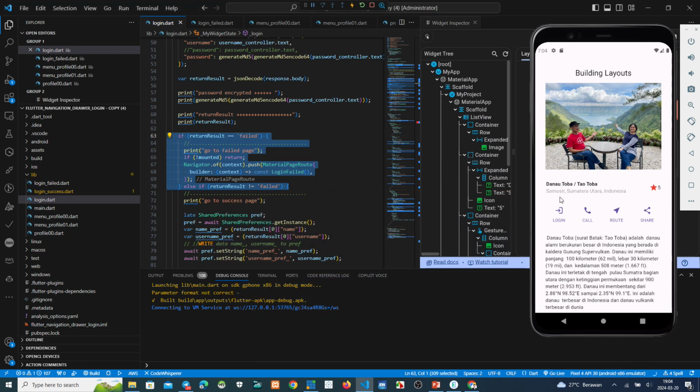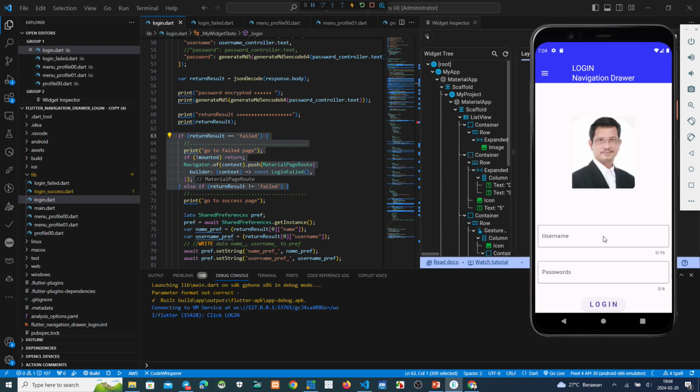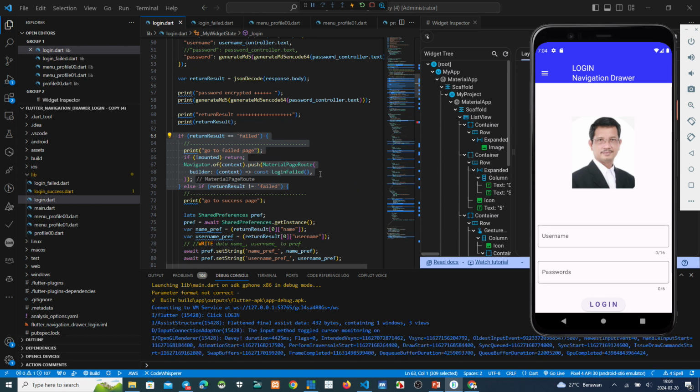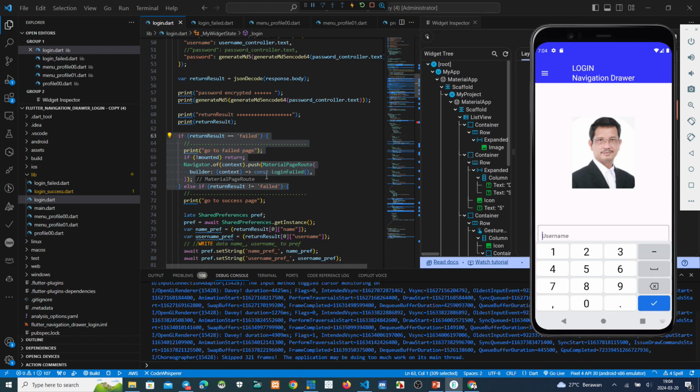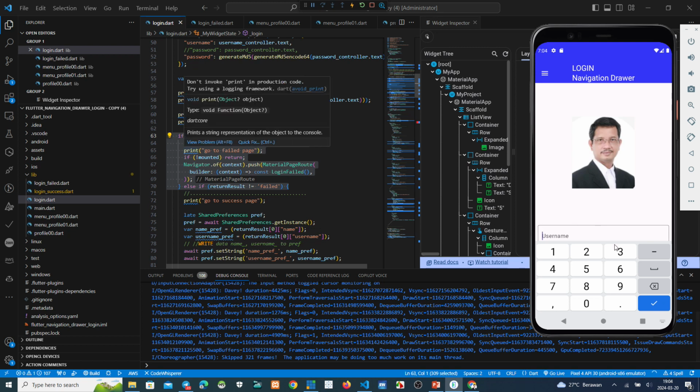Now we want to click login page. After that we make the wrong login. We can see the print on the debug console, and also after that the script will navigate to the login fail.